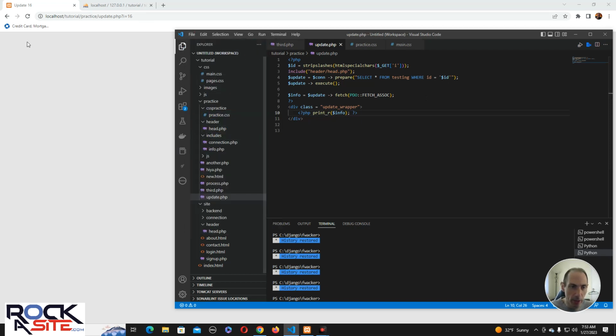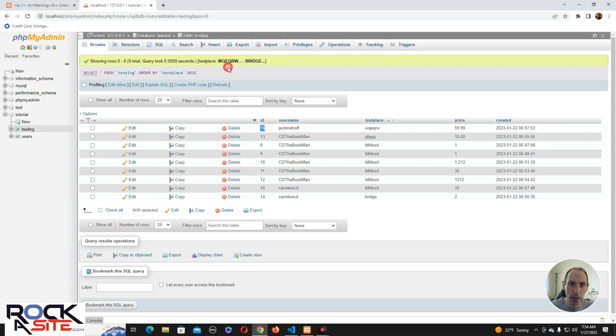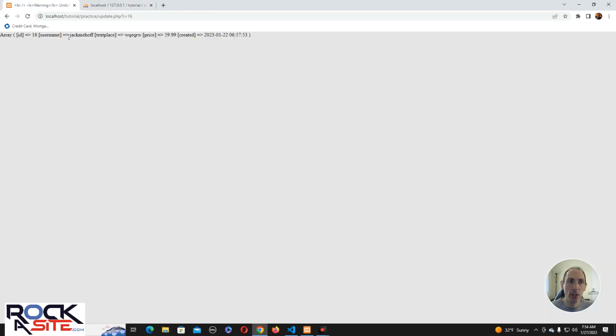Nothing earth-shattering, nothing you haven't seen before. And this is the array that we have, ID 16, username. So the reason why we want to do it this way with just a single entry is, as you can see, now we can use the index that is given here, as opposed to having to do,